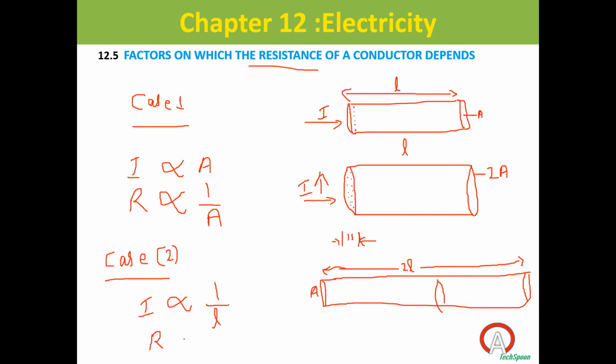Okay, so case 2, Anjana, how can we write resistance? First we find out current. So resistance will increase, so it is directly proportional to the length of the conductor. Just opposite to current. So this is directly proportional, and the area one is inversely proportional. So this is the method. Finally we found how the resistance varies according to the area of cross section and according to the length.